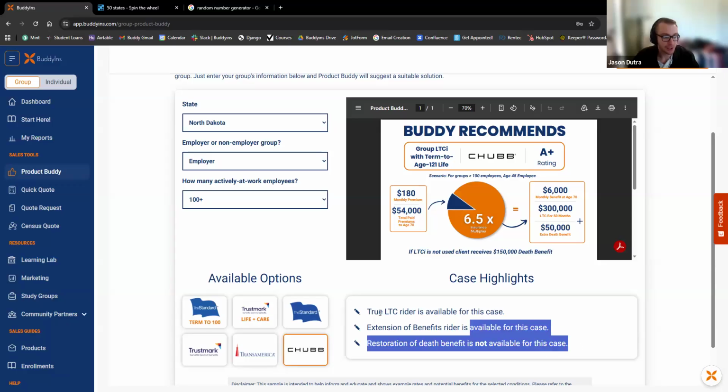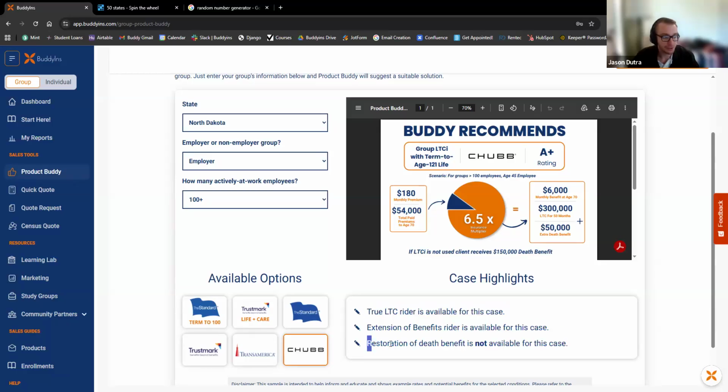The case highlights for Chubb show that we actually do not have a restoration of death benefit rider. Now, would I absolutely jettison a case out the window for a specific carrier if I don't have restoration available? Probably not, but I tend to stick with ones that have full availability, especially when we have, number one, five other choices that are available here. And number two,